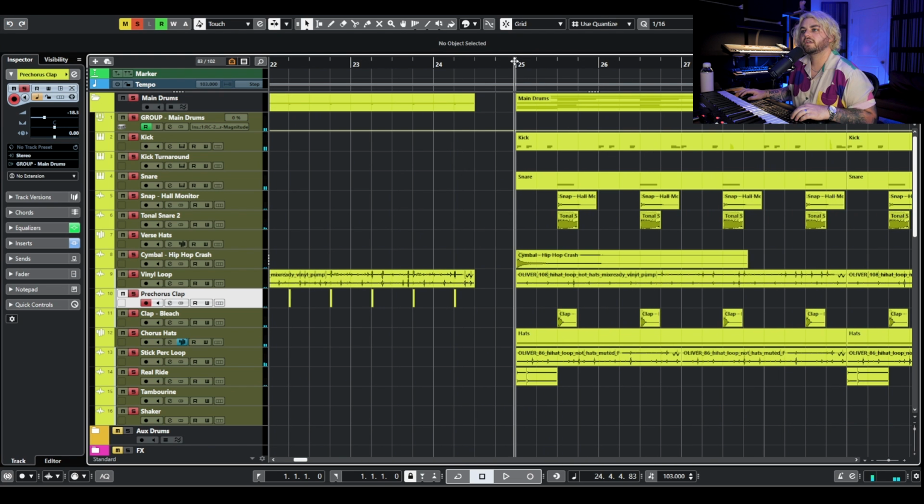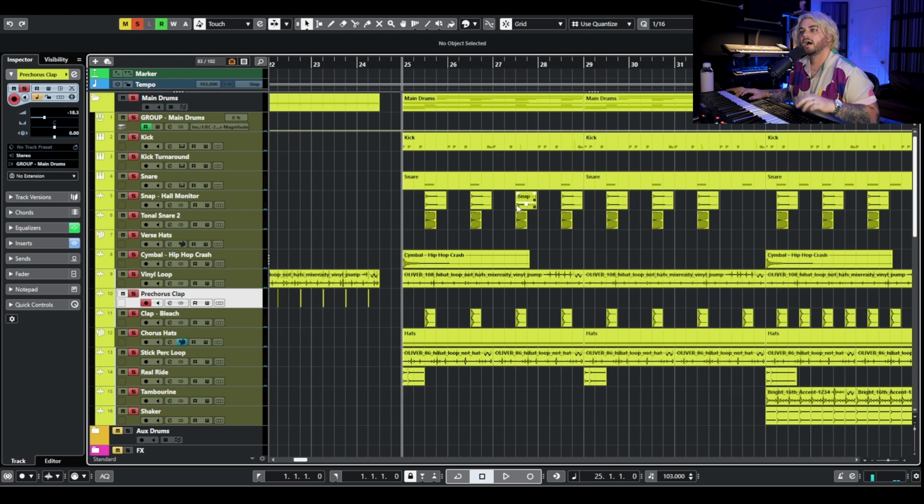All right, so for the chorus, let's go over the drums first. We changed the kick pattern, but we didn't do much to the actual mixing. We just had that stomp a little bit louder in there. And then we went in and added some things, like we have this vinyl loop and this stick loop,